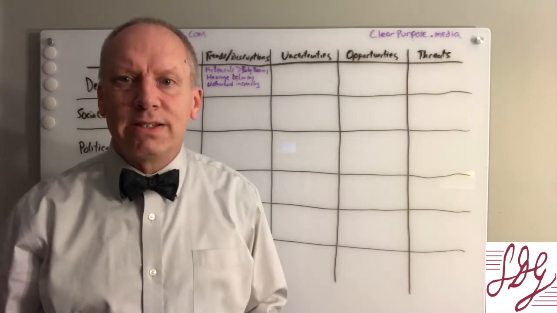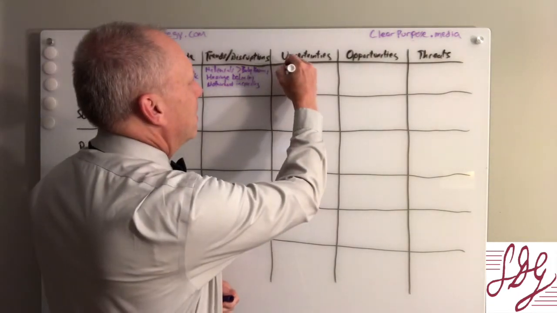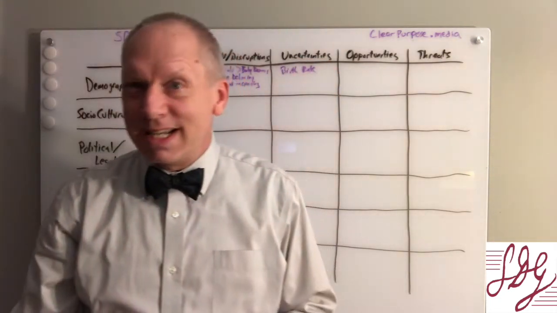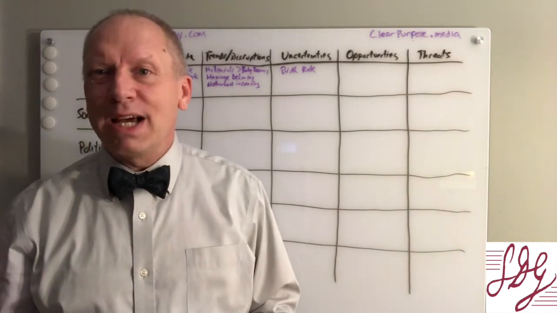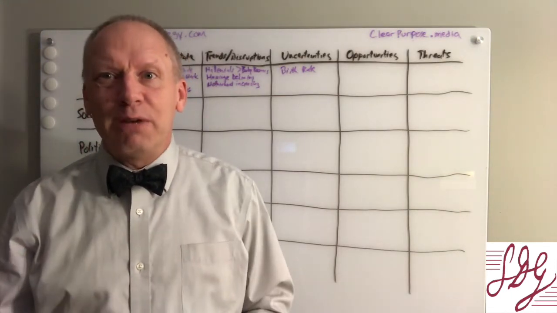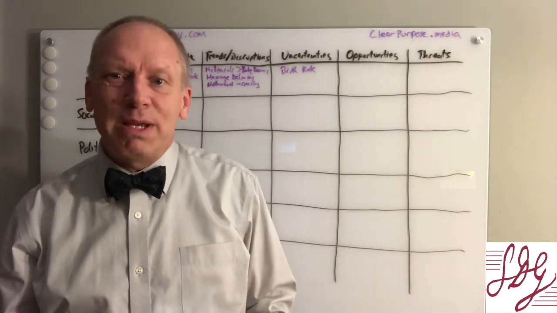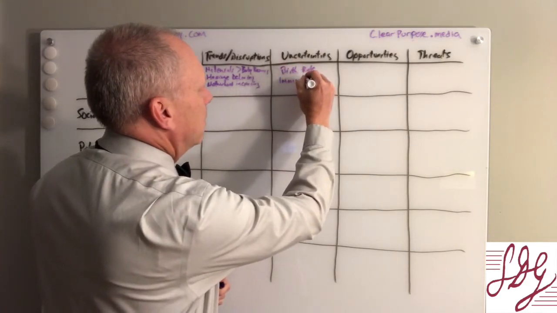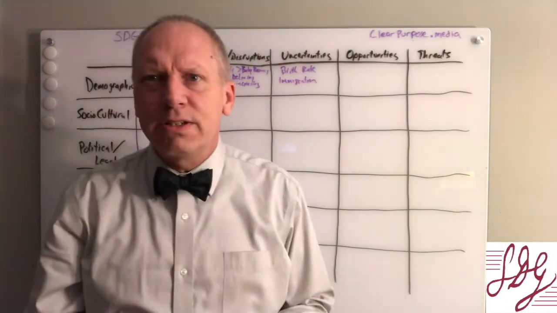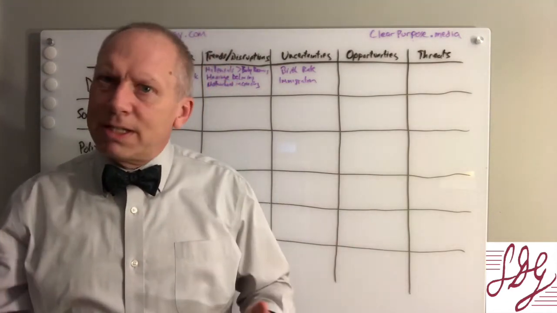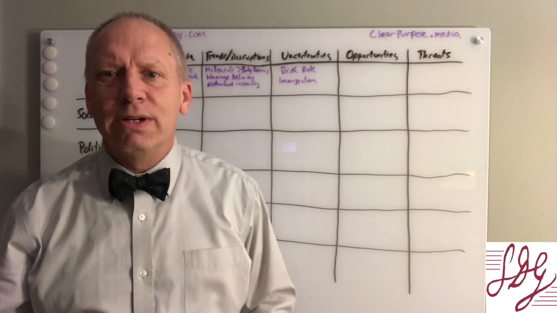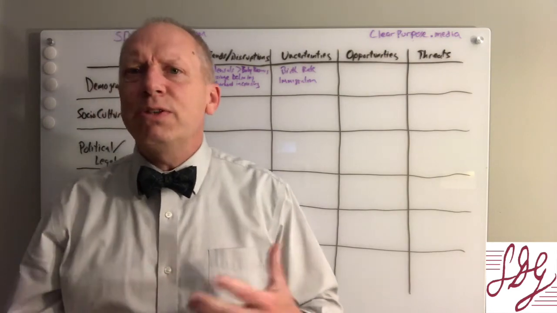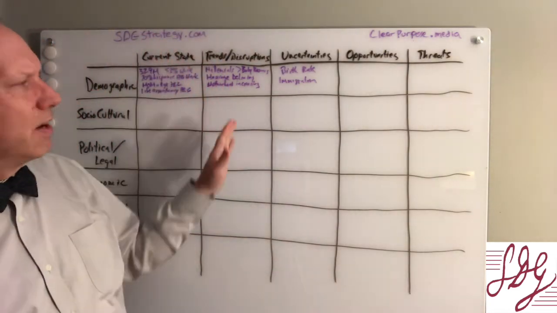So what are some uncertainties? Well, one is that birth rate. We're in a situation now where people are staying home. They're spending a lot more time at home. Is the birth rate going to have a little bit of a bump over the next 9 months or so? Maybe so. What about immigration? We've certainly seen over the last few years under the Trump administration that there's been much less immigration than we've seen in previous years. And so is that something that will continue, or is that going to be a change that we see? So that gives you a sense for these first three columns: the current state,